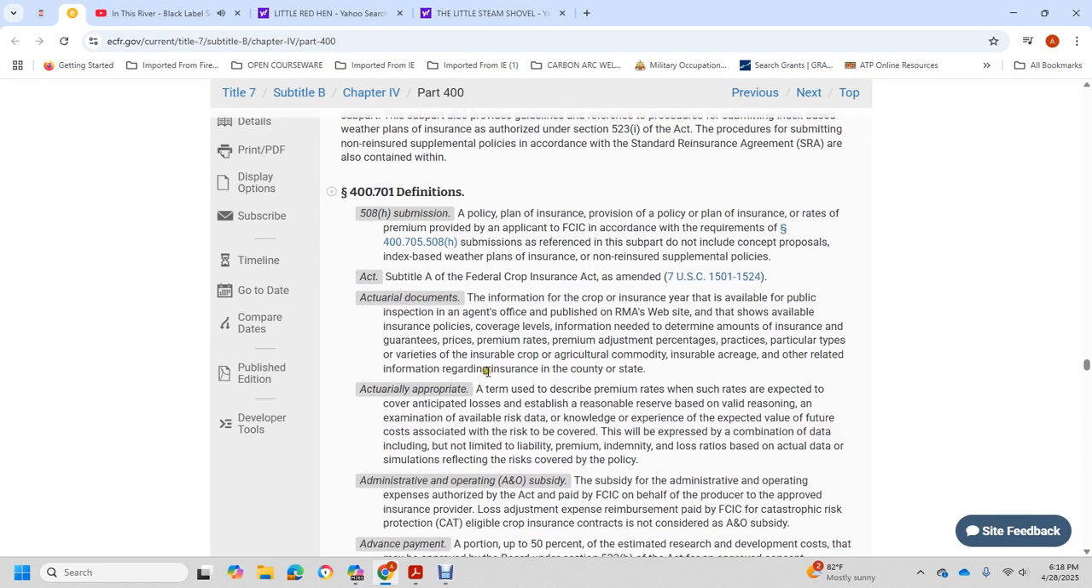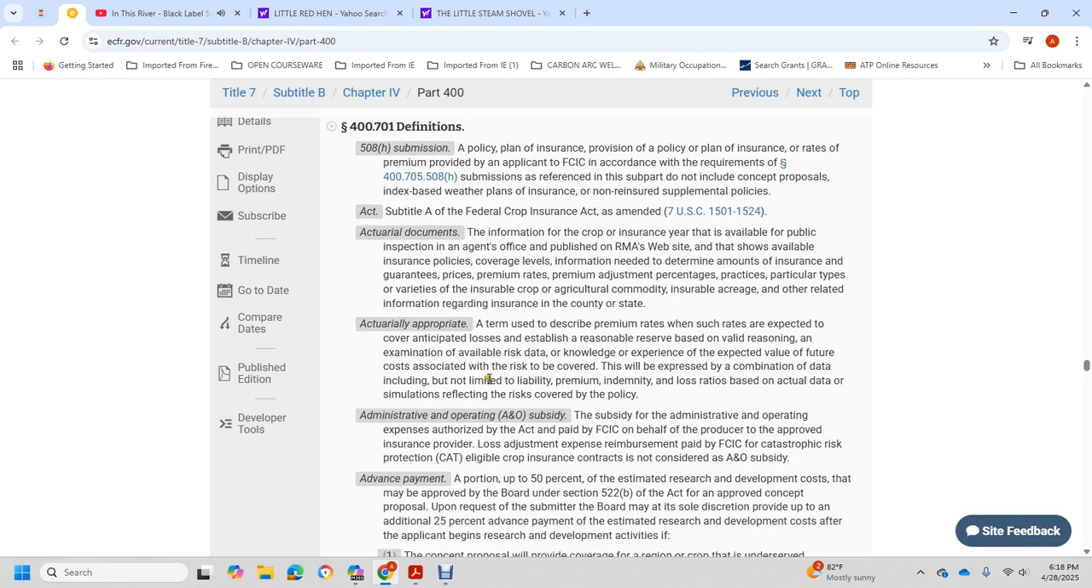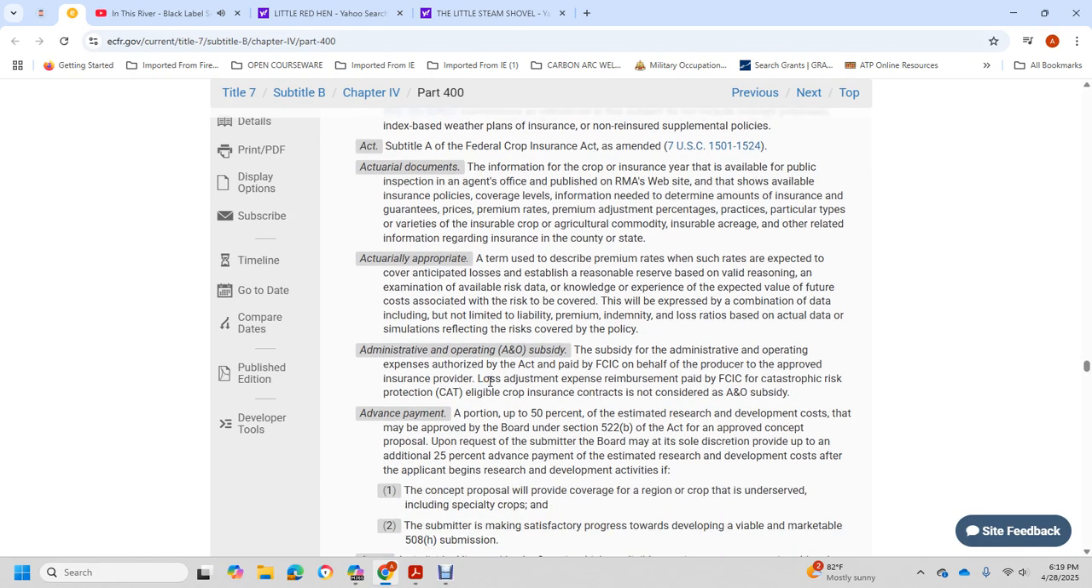Actuarially appropriate terms are due for the determination of the premium rate, with rates expected to cover the anticipated loss, for tables reasonable for the reserve, based on valid reasoning and examination of the available risk data, with the knowledge and experience to expect the value of the future cost associated with the risk to be covered, expressed with a combination of data including but not limited to liability, primarily done with the loss ratio based on actual data and simulation, reflecting the risk of the coverage, and policy administrative and operating expense authorized with the Act by the Federal Crop Insurance Corporation on behalf of the procedure